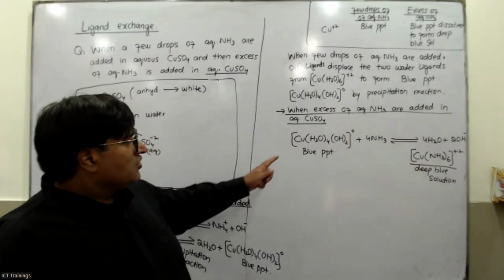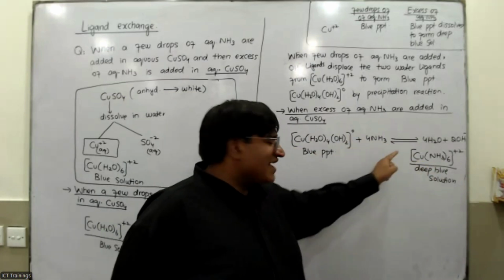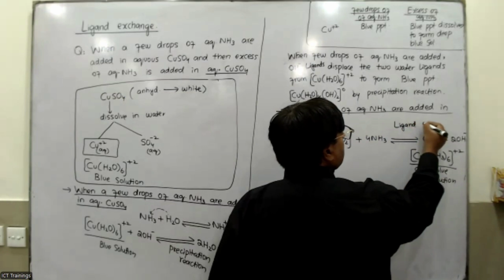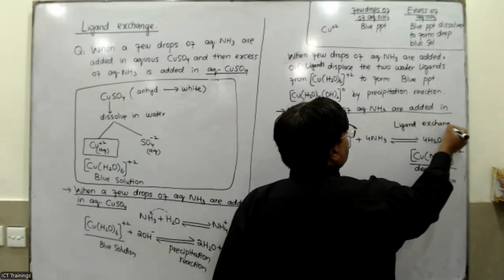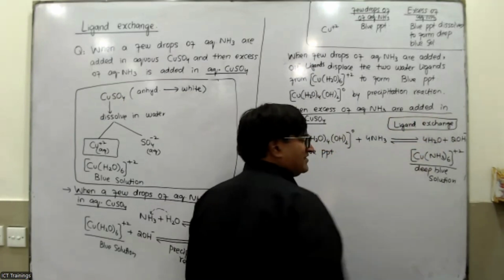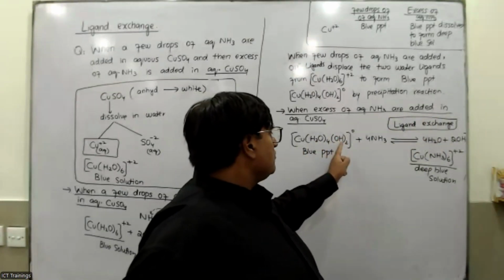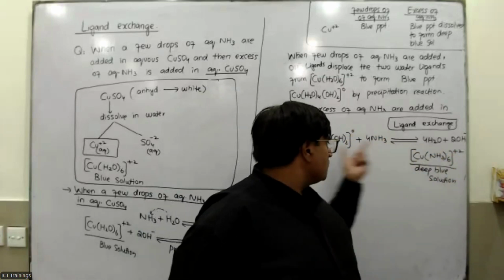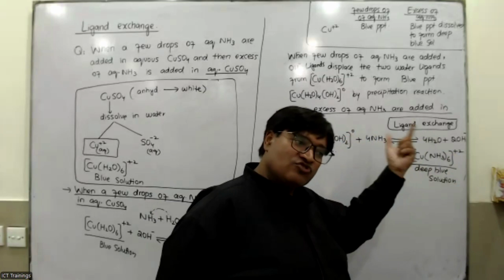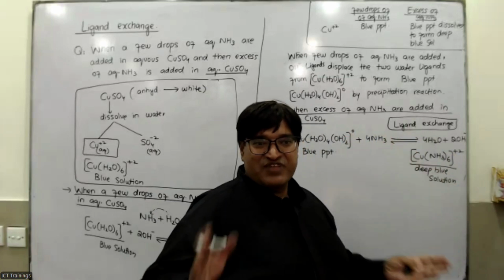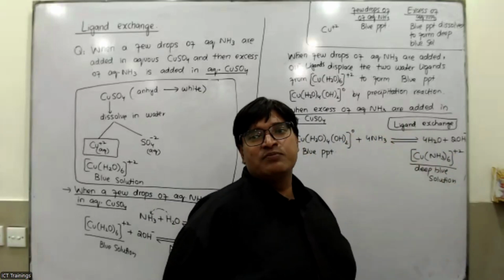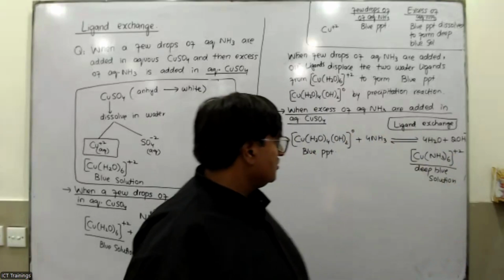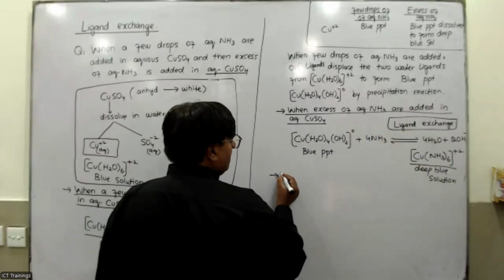Okay guys, so this is actually the ligand exchange reaction. It's not a precipitation, because if you look up here, this zero has changed into the +2 ion. So a precipitate would change into an ion. That is the ligand exchange. But if the ion changed into a precipitate, it would be more suitable to call it a precipitation reaction instead of ligand exchange. Okay, so you should write up here when